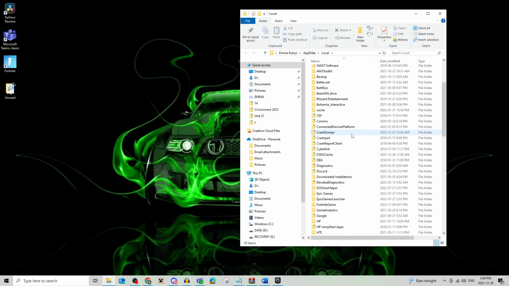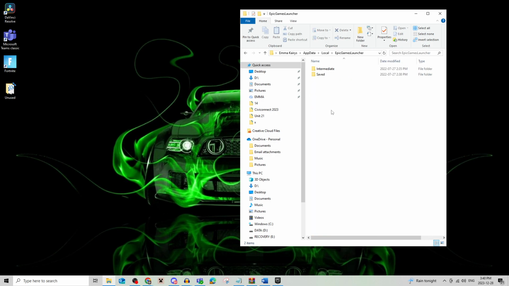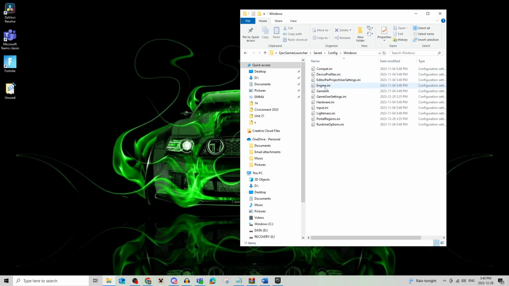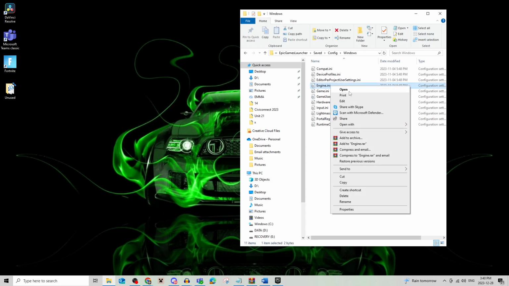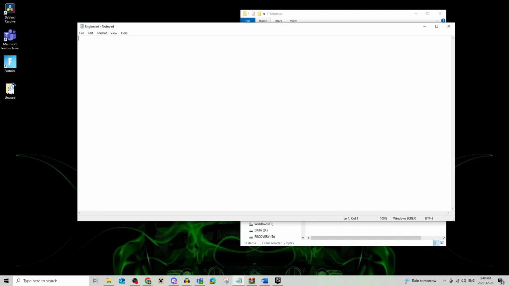It's going to open up this local app data, and you're going to find Epic Games Launcher, click on Saved, Config, Windows, and then as you can see, there is Engine.ini. So what you're going to do from here is right-click on it, and then click on Open With, and click on Notepad. Now, as you can see, it opens up this notepad, and what you're actually going to do